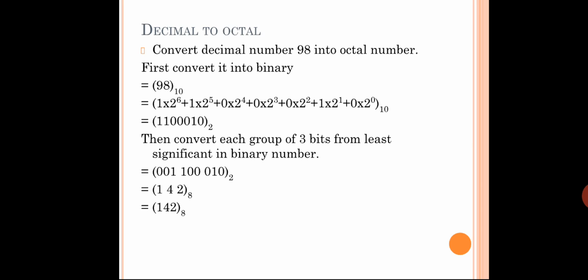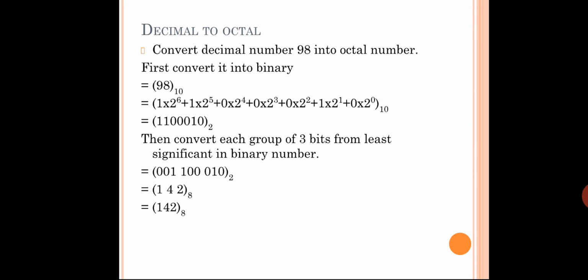Now you can ask, sir, for this example, how can you go for position values? Consider from the right hand side. The category is 010, isn't it? From the right hand side, 0 is 0 into 2 to the power 0, 1 is 1 into 2 to the power 1, and 0 into 2 to the power 2. Now 0 into anything is 0, 1 into 2 to the power 1 is nothing but 2, and 0 into 2 to the power 0 is 0. So the answer is 2. Understood?